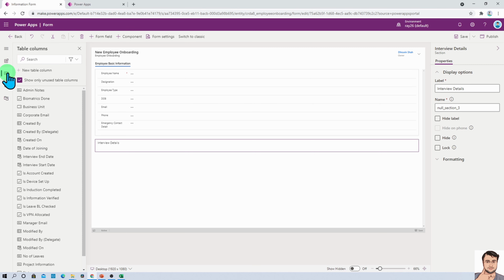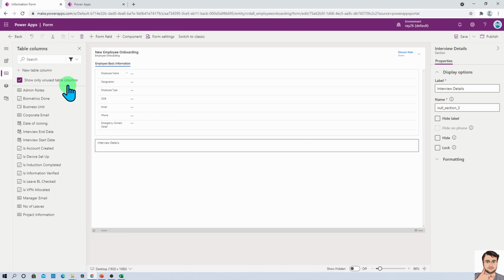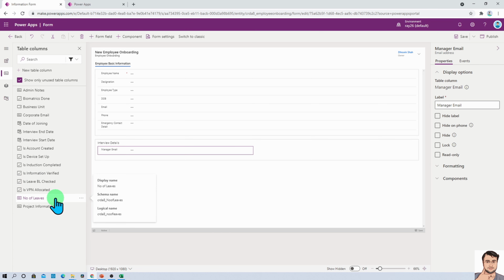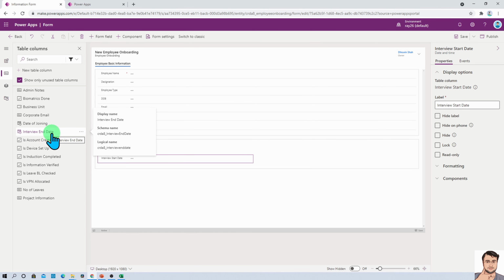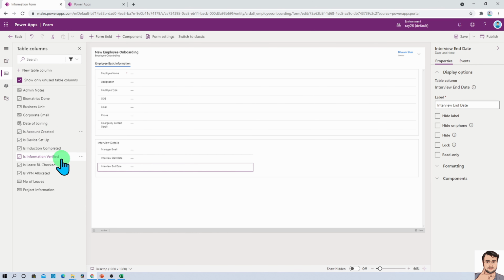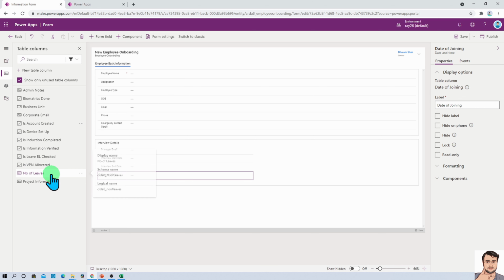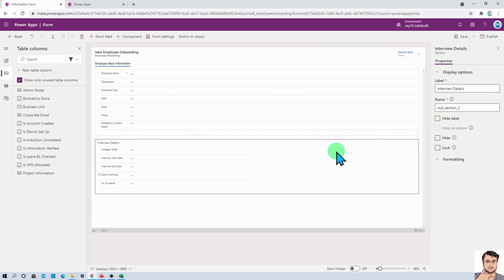Go to the field pane again, filter by custom and let's add manager email, interview start date, interview end date, date of joining and number of leaves. Let's add that. That's fine. Now let's do one more thing.